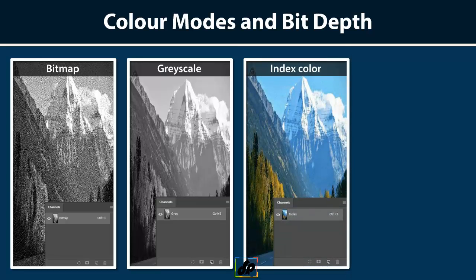The next color mode is index color. Like grayscale mode, it also contains 256 possible values, but in this case, the values are colors, not shades of gray. Like grayscale mode, index color is also limited to a single channel. This helps keep the file size down, but in some cases, index color mode fails to display enough range of colors to render a continuous tone photograph.